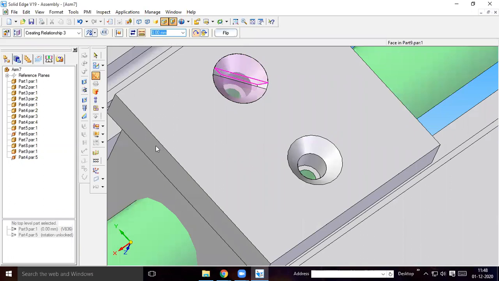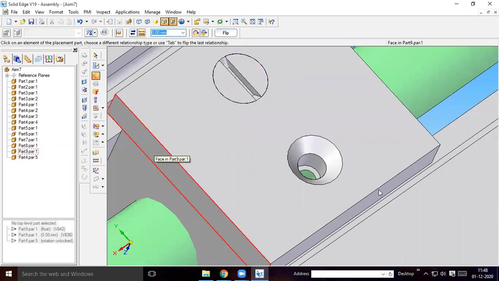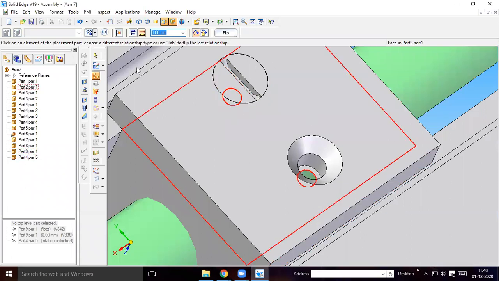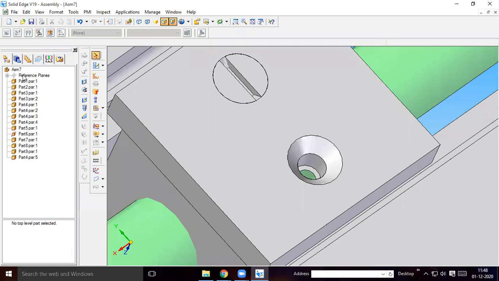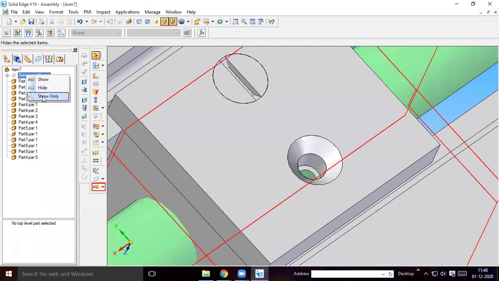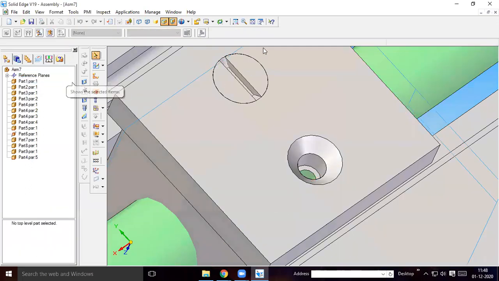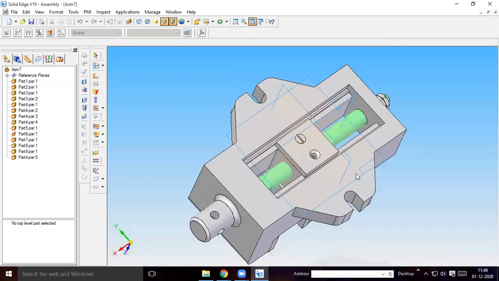Select this and align it like this, or align it to one of the normal directions. Okay, once you do that, then you again make the plane visible so that you can use mirror option.